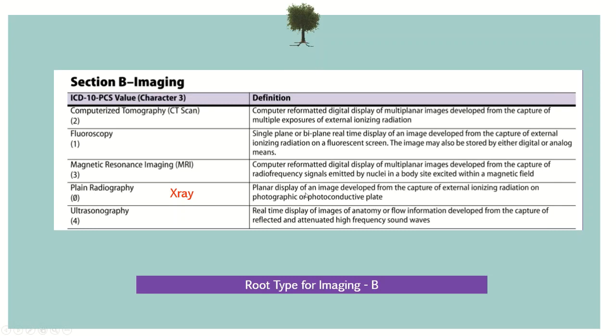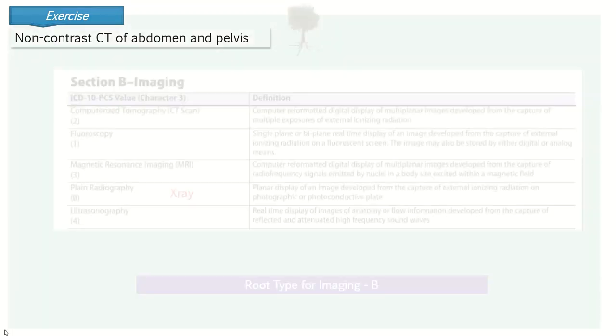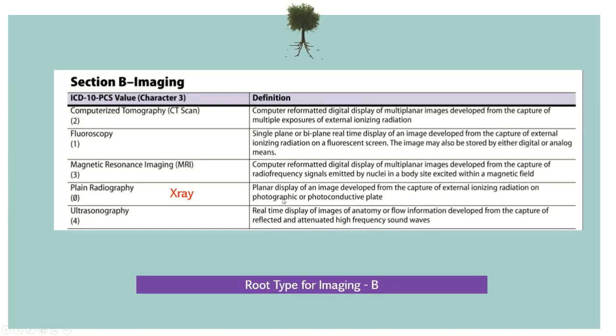So the formal language or definition or objective of this root type. Oh, we've gone a little too fast, so we're going to go back. This is the planar display of an image developed from the capture of external ionizing radiation on photographic or photoconductive